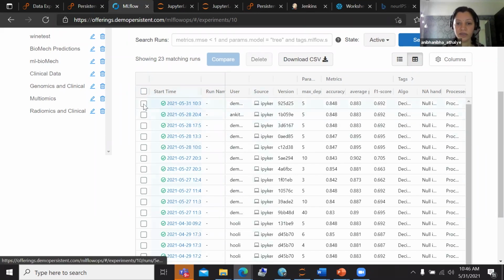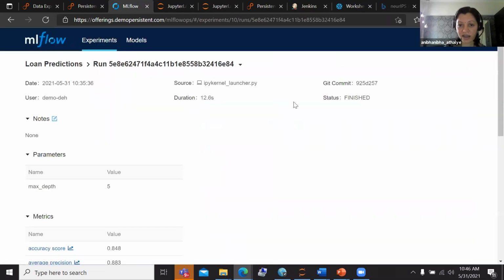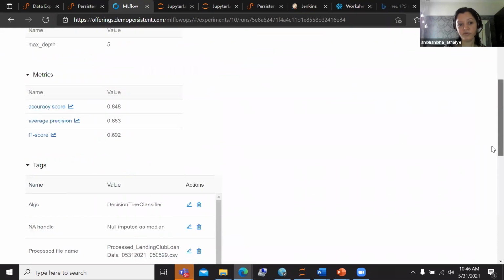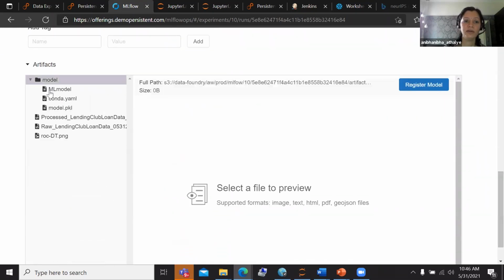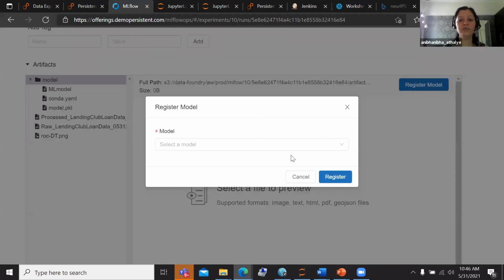This is the latest version that I ran on 31st of May. I can go here, select that model, and then do what I call registration of the model. This allows you to tag a specific model and register it with the model registry that comes along with MLflow.